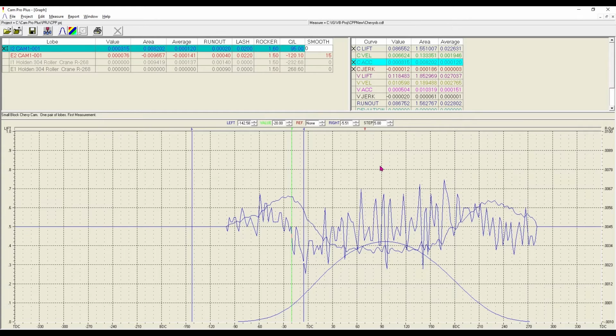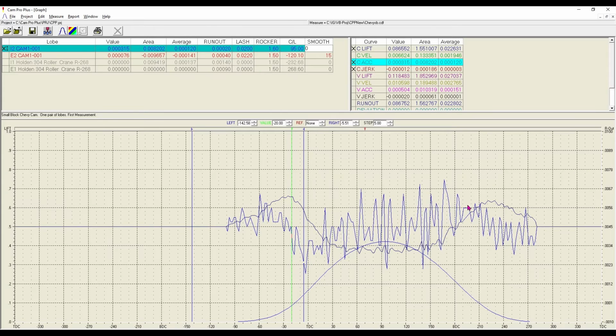Well, the linear motion sensor that CamPro Plus uses is a very fine device, and it can measure 1 micron of movement. That's a thousandth of a millimeter, or about 4/10 of a 10,000th of an inch. So it's a pretty small amount. You can measure 1 micron, measure 2 microns, not do anything in between there, like 1 1/4 or 1 1/3 or 1 1/2. So you end up with a little bit of stair-steppiness in the data,